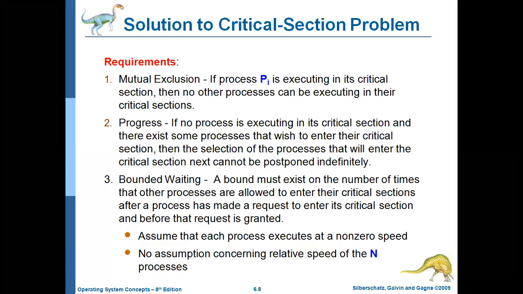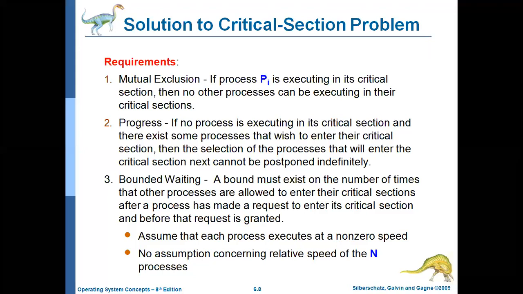Because only one process at a time can be allowed to enter. What is progress? Progress means, for example, if there is no process right now in the critical section and some processes wish to enter, you need to select one process to enter the critical section. That selection should not be postponed indefinitely.